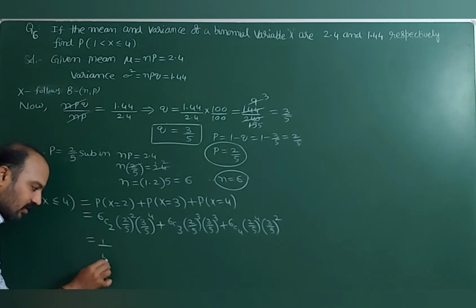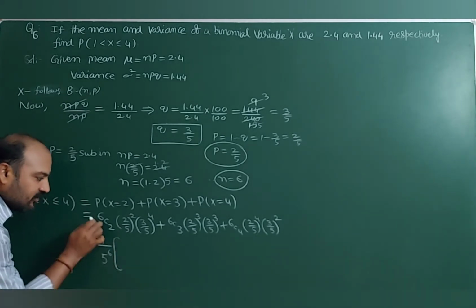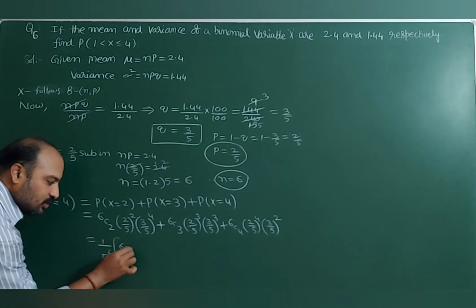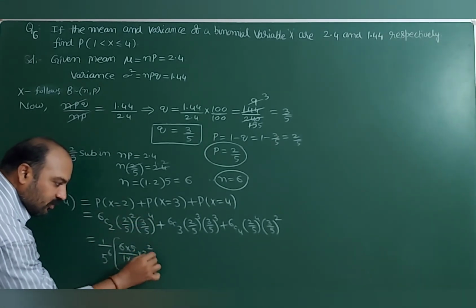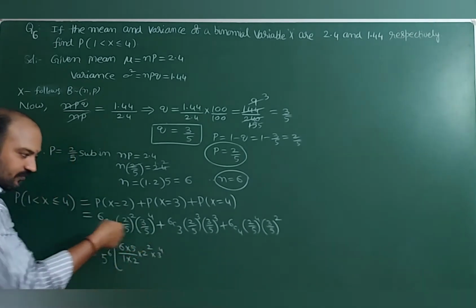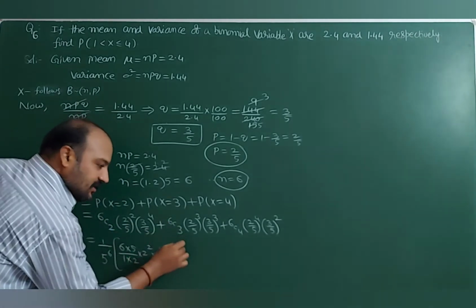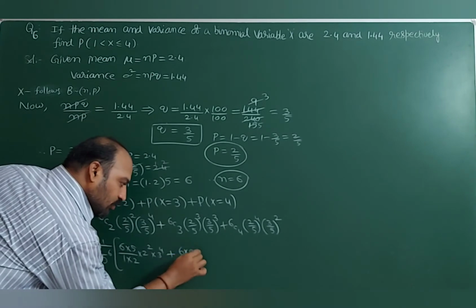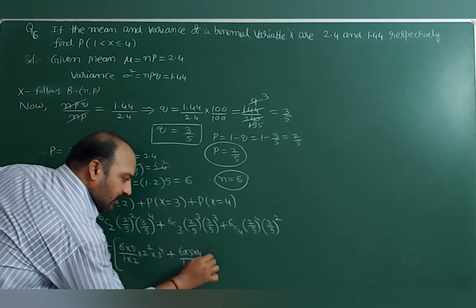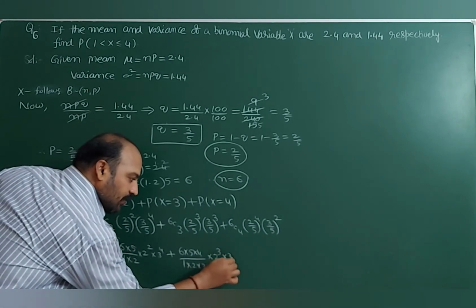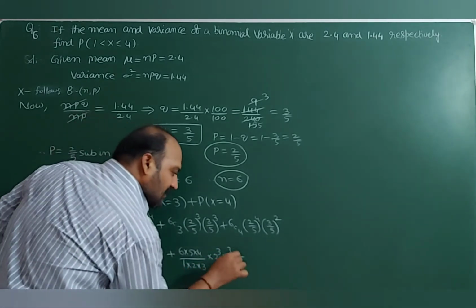So at a time I am taking 1 by 5 power 6 common. 6C2: 6 into 5 divided by 1 into 2, and 2 square into 3 power 4. So first term completed. 6C3: 6 into 5 into 4 divided by 1 into 2 into 3, 2 power 3 into 3 power 3. Plus